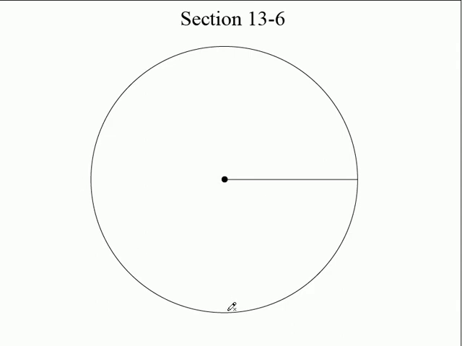One more. Let's go down to 270. 270, what's the ordered pair? 0, negative 1. The cosine would be 0. The sine would be negative 1. The tangent would be undefined because it's negative 1 over 0. Everybody good? All right, sounds like you remember that. Good. Now what we're going to do is